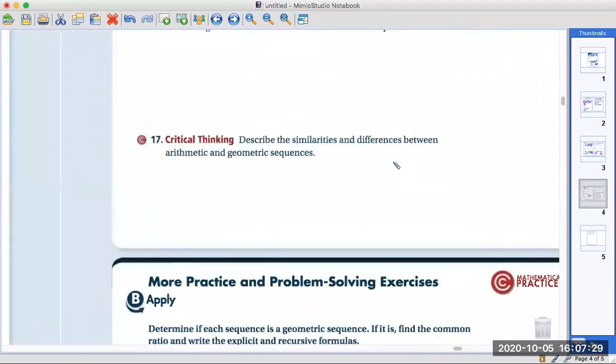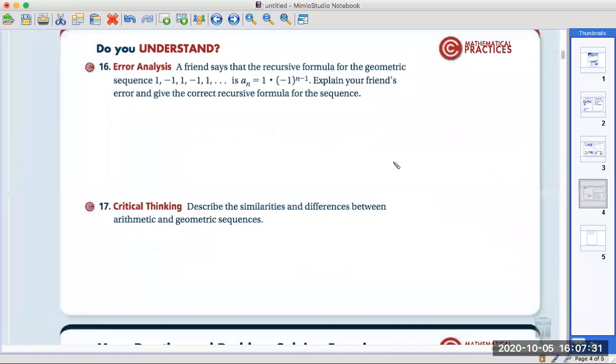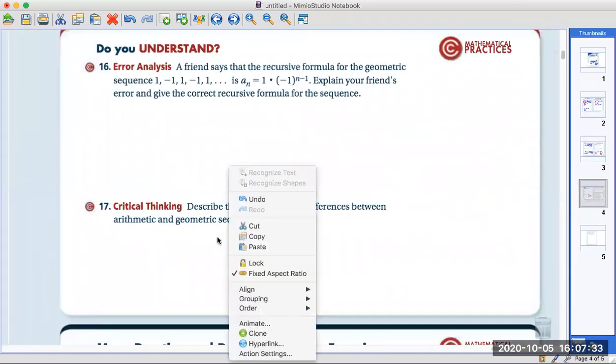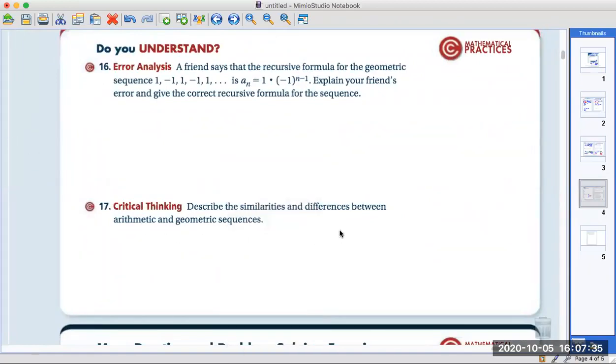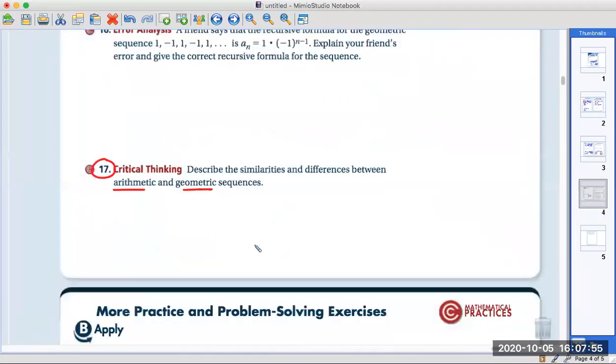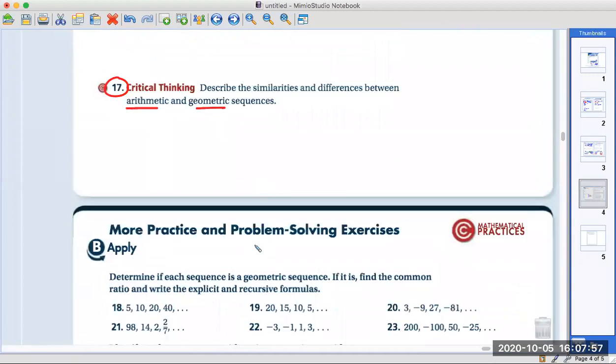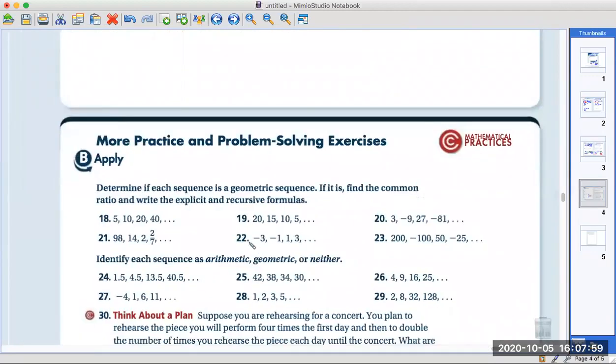On this page, critical thinking. What are the similarities and differences between arithmetic and geometric? I talked about it in the beginning of the video. What's an arithmetic sequence? What's a geometric sequence? What's different? Maybe you can think of something that's similar too. Mostly they're both sequences. You can both find any number using a formula. And on the last page,